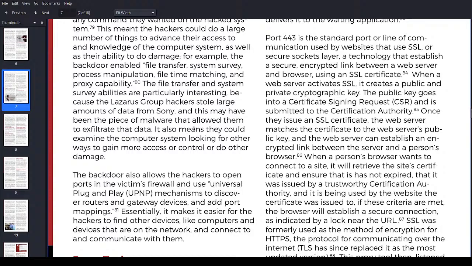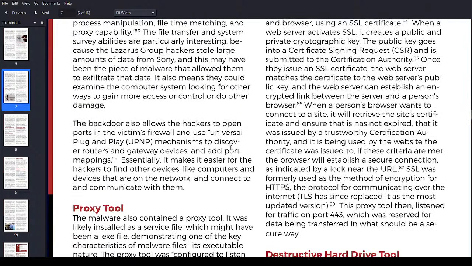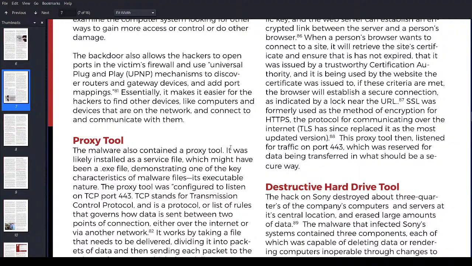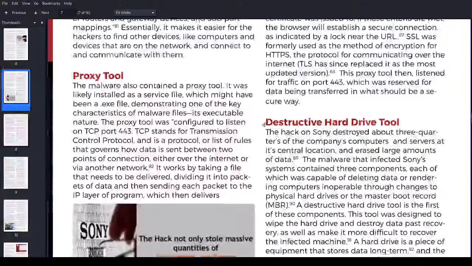It also means that they could examine the computer system looking for other ways to gain more access or control or do other damage. The backdoor allows the hackers to open ports in the victim's firewalls and use the Universal Plug and Play mechanism to discover routers and gateway services and add port mappings. Essentially, it makes it easier for the hackers to find other devices like computers on the network and communicate with them.